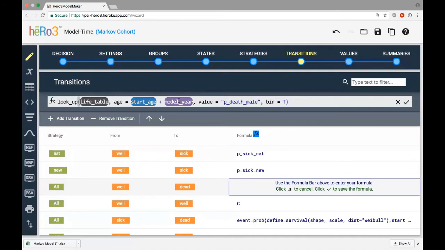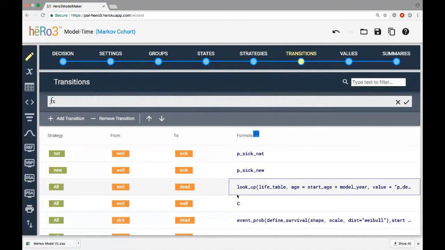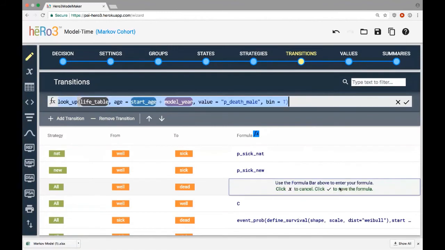And we've assigned this formula to be in this transition. And so now we have time-dependent mortality rates for patients. This is how we've introduced model time dependency. Simply by having a formula here that references model year, we introduce model time dependency, and this formula around it will ensure that the appropriate value of the mortality rate gets calculated as a function of the model year.